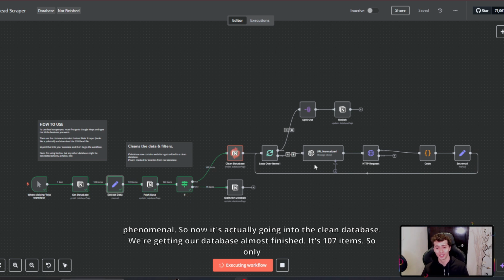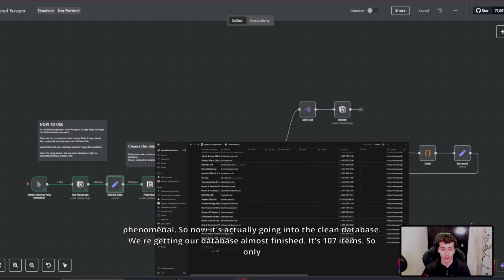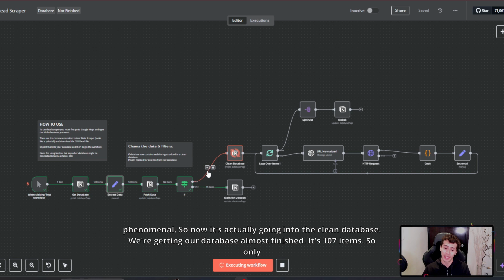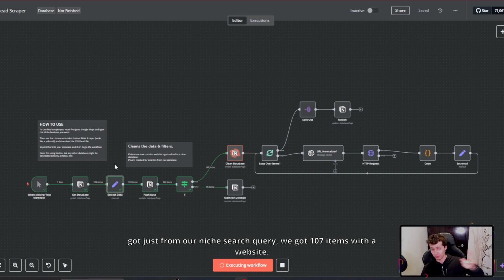Phenomenal. So now it's actually going into the clean database. Our database is almost finished. It's 107 items, so only 15 of those leads did not have a website. So this is actually a good catch if we were fishing. Out of 122 leads that we got just from our niche search query, we got 107 items